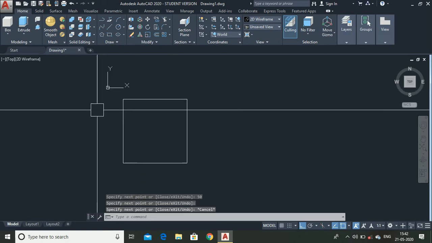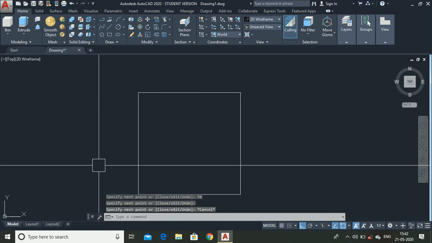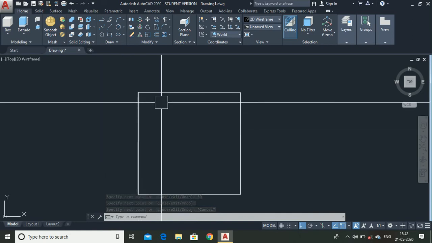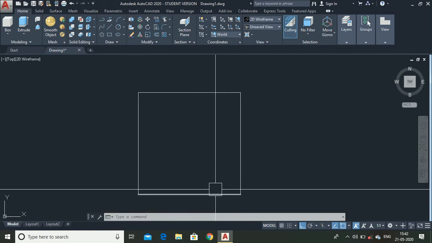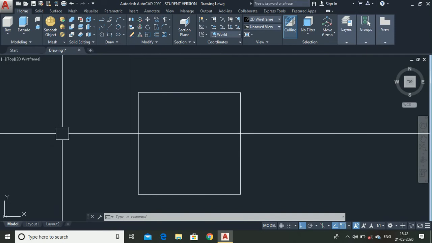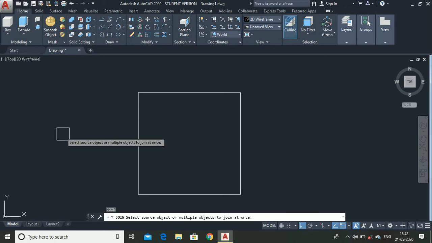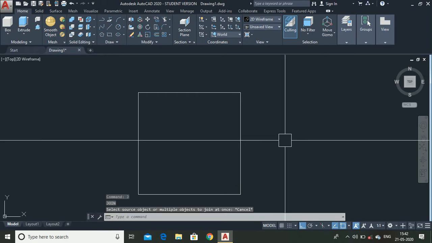Now in order to convert this into a 3D diagram, first you have to join all these lines into a single loop. In order to join them, you can use two commands. The first is the join command. In the join command, you have to select all the lines individually. You can use another command called the region command.